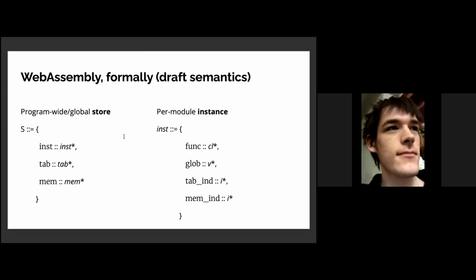And now that I've introduced the base definitions of WebAssembly's globally declared state, I can talk about the formal semantics. First, I'll sketch how it appeared in the draft. The two main components are the global store, which holds information shared between all executing modules, and the module-local instance, which tracks the parts of the store that are in scope for the current module, along with some other module-local state. Note that all of the instances currently running in the program are held as a field of the store on the left-hand side.